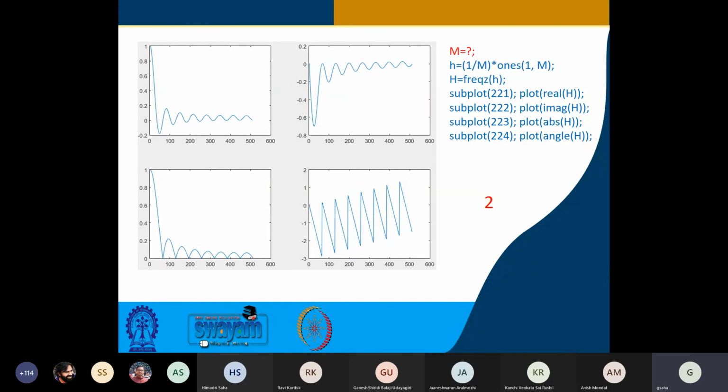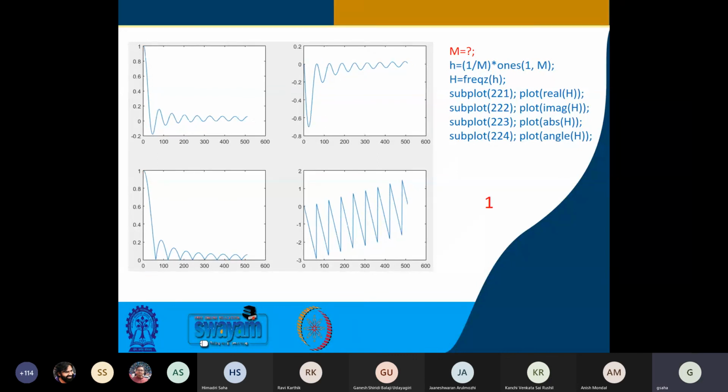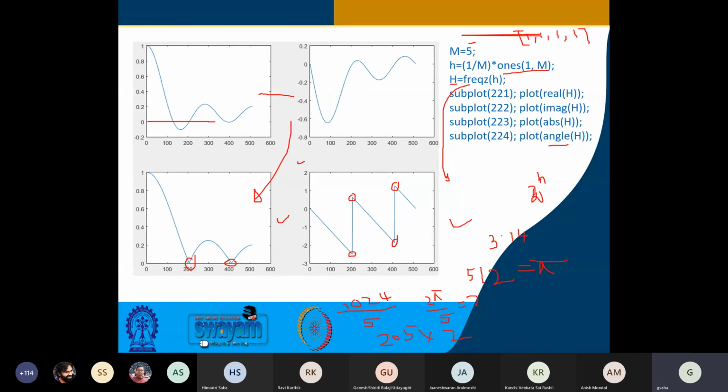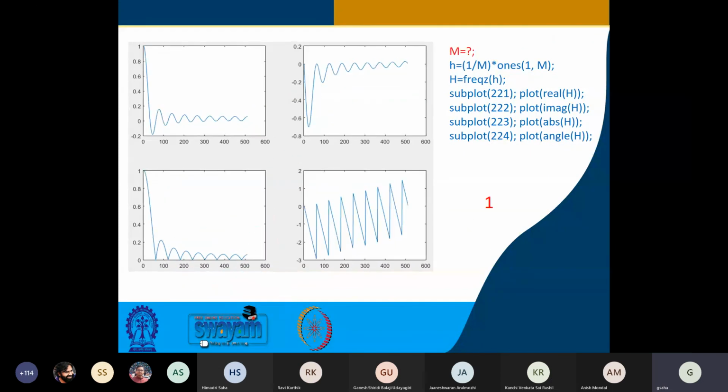So one thing we might have observed: the filter is becoming sharper and sharper. The 3 dB cutoff is coming closer to these 0 values, right? And more about this, we shall see the side lobe height and other things